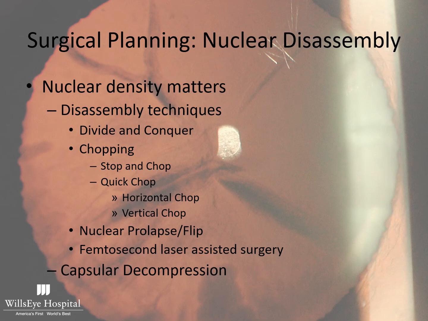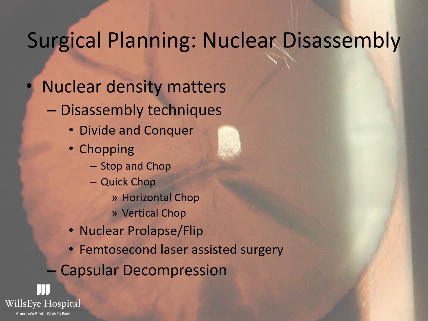For softer lenses, you can do a nuclear prolapse or flips, and sometimes femtosecond laser assisted surgery can be helpful in cases of complex cataract, white cataract, zonulopathy, or denser lenses. Although remember, femtosecond laser has to be able to image the lens in order to apply the laser energy. So it is not useful for extremely dense lenses. And the use of femtosecond laser assisted surgery in terms of refractive outcomes is still being debated at this point